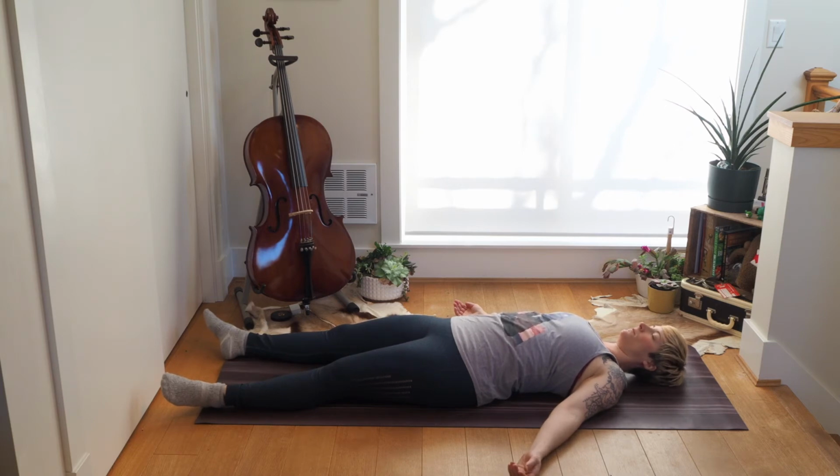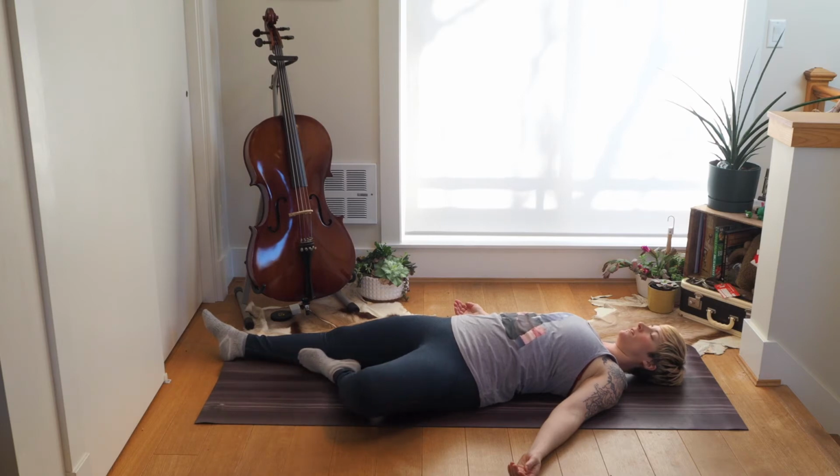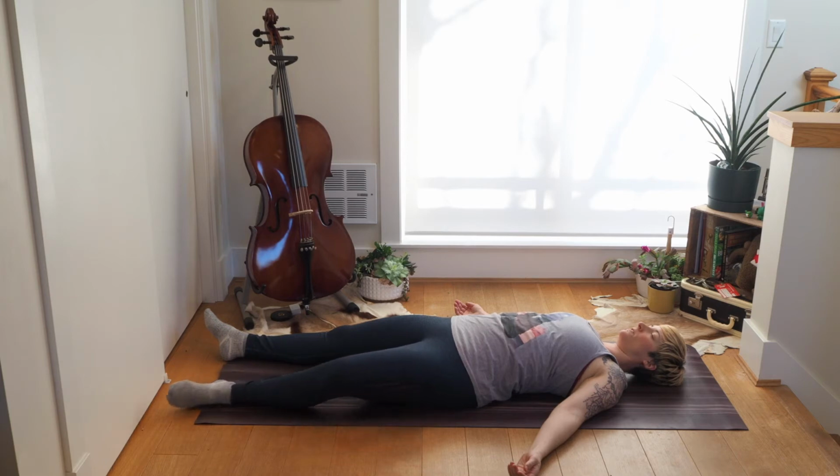And now bring your attention to your left leg. So relax your right leg on the floor and then slide your left foot in with your knee coming out towards your side. Slowly slide it back out and relax. Slowly slide in. The slowness is super important for getting that full range of motion, activating the muscle. Slide it back out and allowing your nervous system to